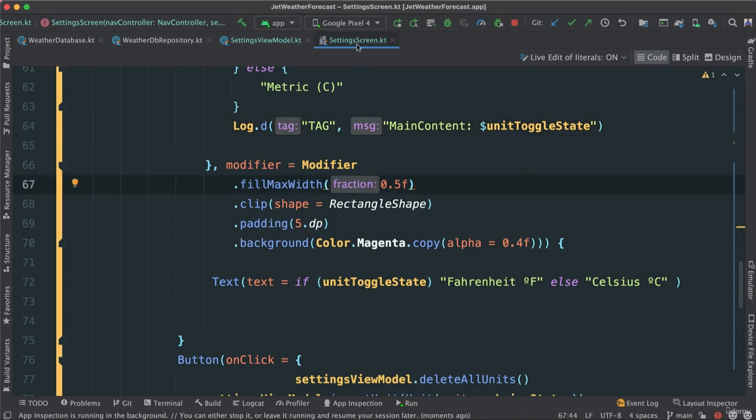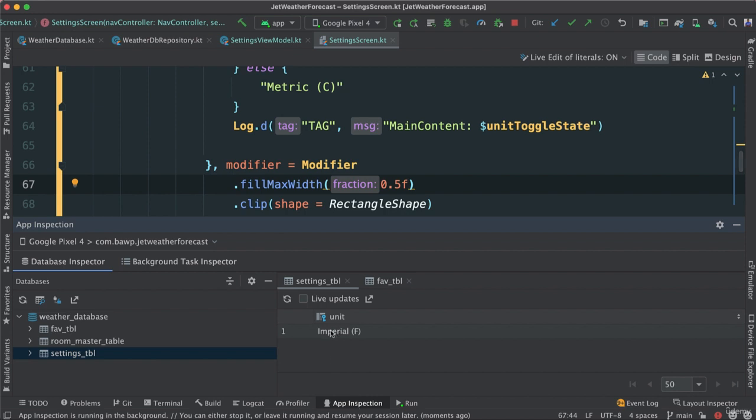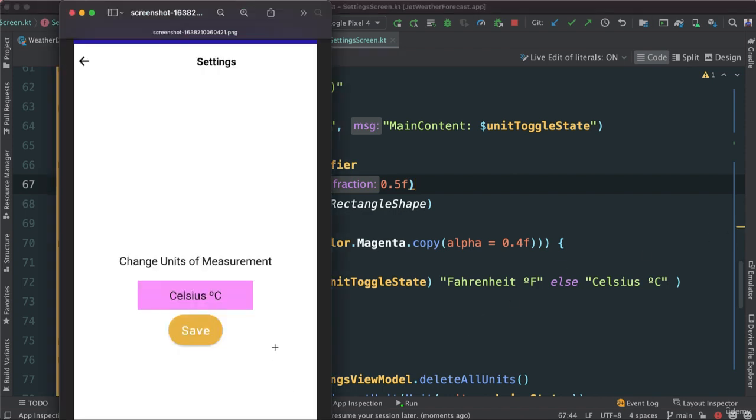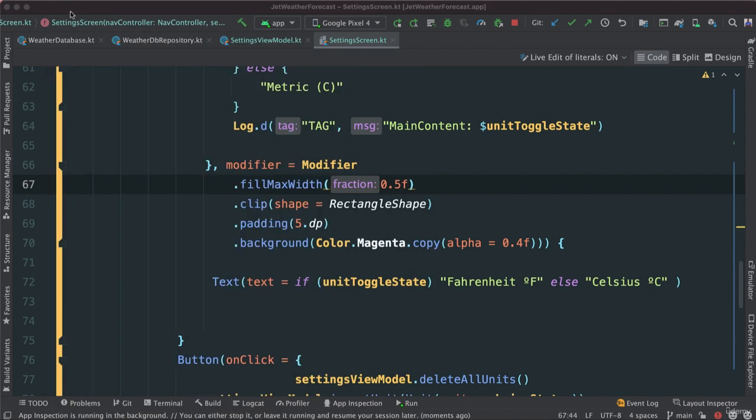Okay, so now we have our settings screen, which means we are able to save the settings in this unit, I should say, into our database. Now we need to retrieve that so that we can change the structure of our app. Meaning, if we go back to our main,